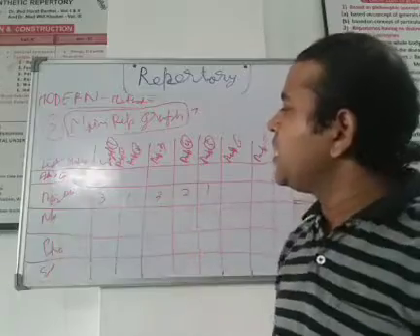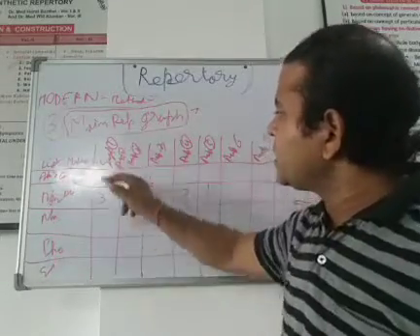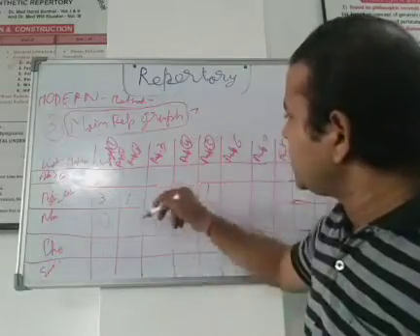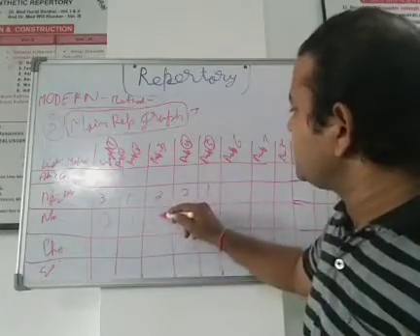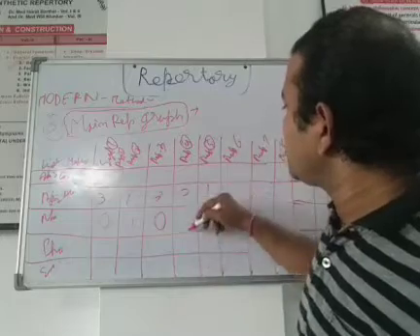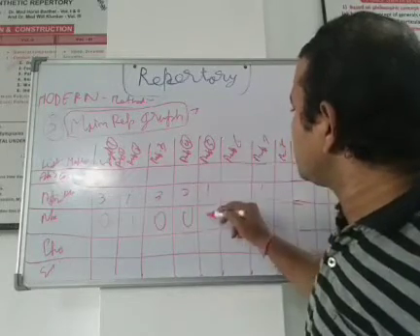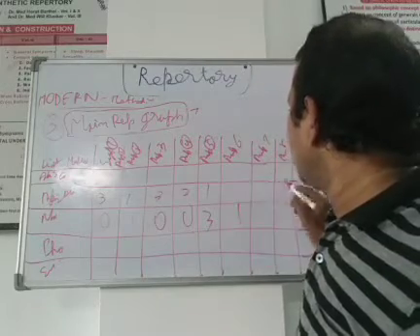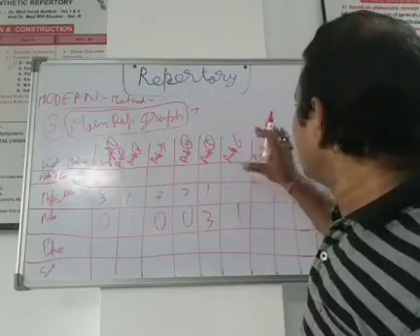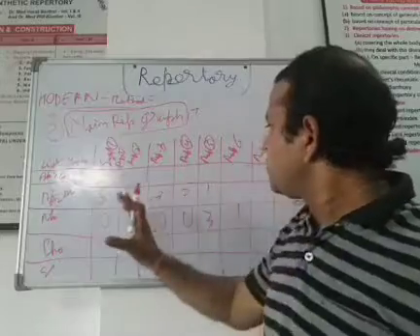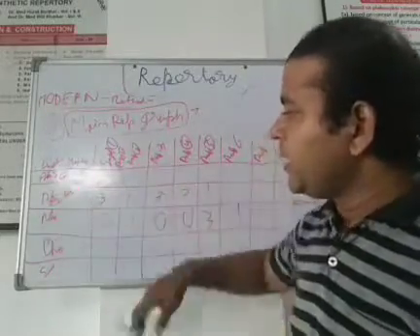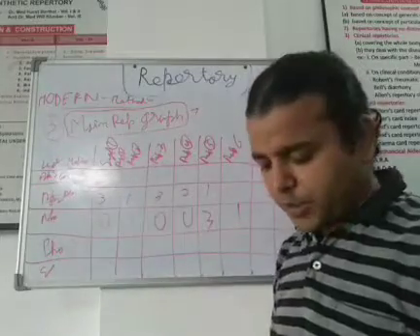And suppose this is Nux vomica. Nux vomica is not available for this symptom. Here it got 0. Here it got 1 mark. Here not covering this symptom, 0. Here not covering this symptom, 0. Here covering 3 marks. Here covering 1 mark. So in the same way we will note down, suppose we have taken only 6 symptoms, for all the symptoms and the medicine grades as provided in the repertory.